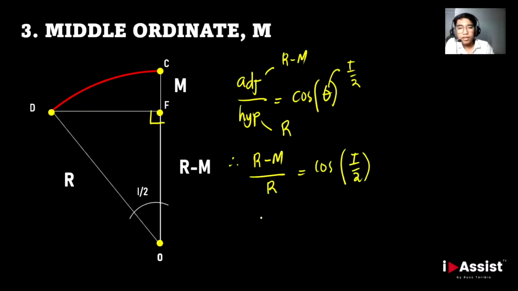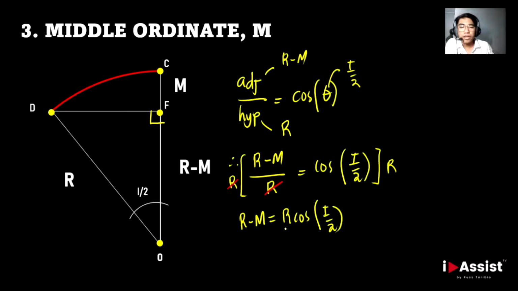Okay. Therefore, multiplying both sides by R para makancel natin si R na nasa ilalim and para ma-isolate natin si M na nandito rin. We multiply both sides by R. So, ang mangyayari, magiging R minus M is equal to R cosine of I over 2. Now, para malipat ito, mapaging positive itong si M, ililipat natin siya sa kabilang side and then itong ililipat din natin sa kabilang side. Ngayon, ang mangyayari, that will become R minus R cosine of I over 2 is equal to M. Simplifying further,